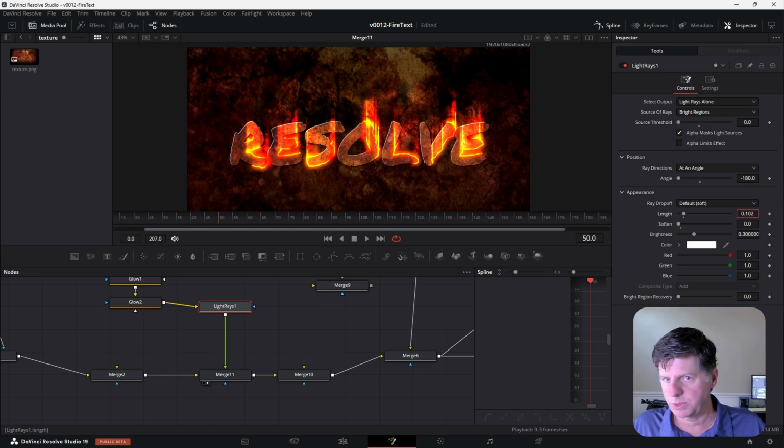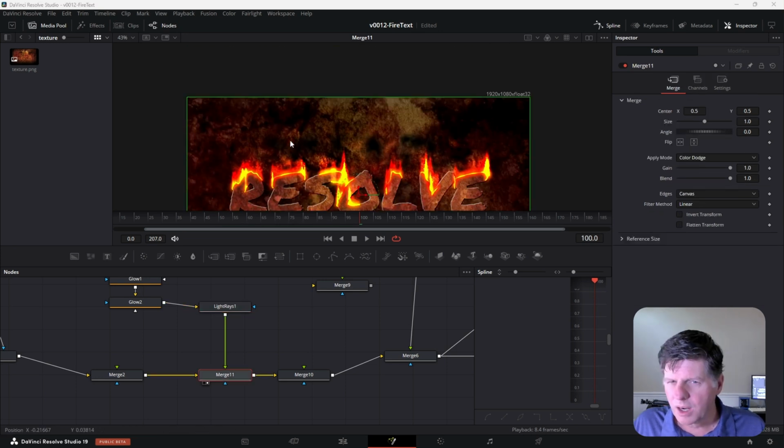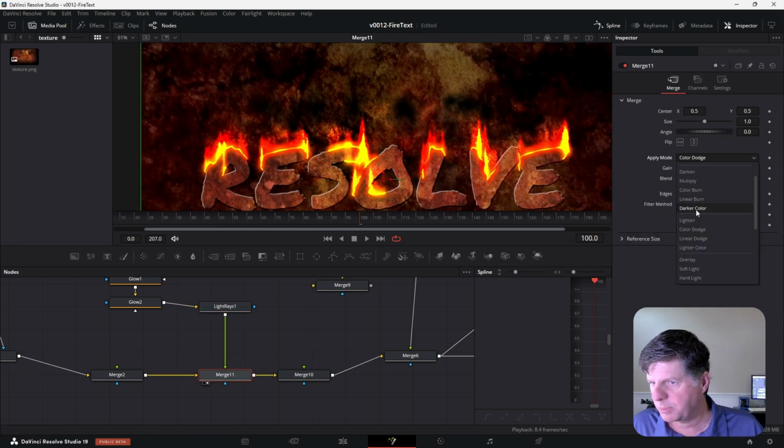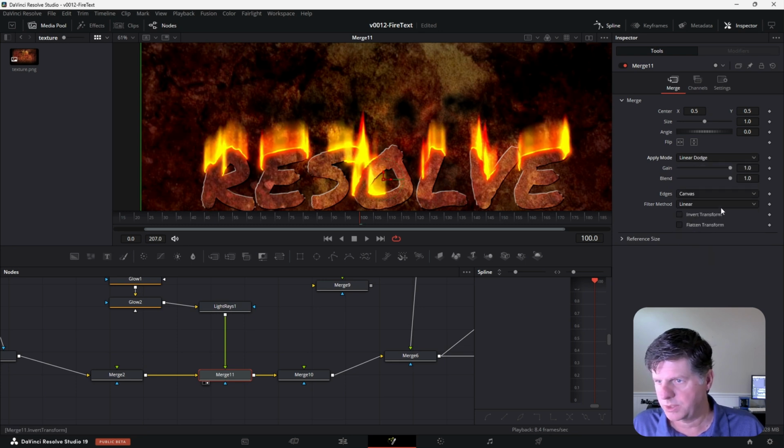And we're going to make ours super short. Blur a little bit. All right, let's adjust it. That's a little too bright there. So let's go back to the blending mode. And there's linear dodge and lighter color. Let's try linear dodge, and we're going to go to the merge, and going to kind of bring down the